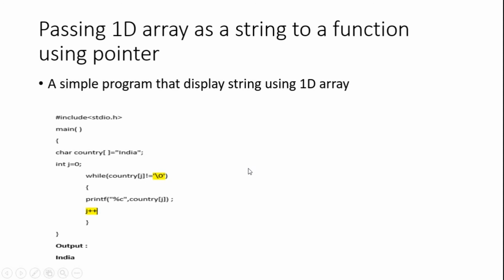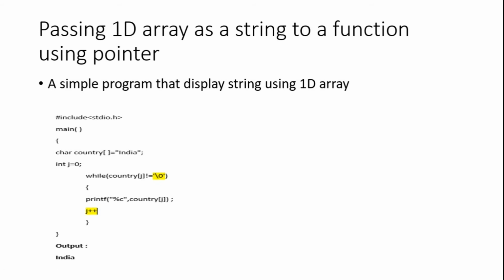Now let us see. Sometimes we get confused when passing a character array. An integer array is easy, but when we pass a character array, we find difficulties. So this is a simple program which prints the characters of an array.